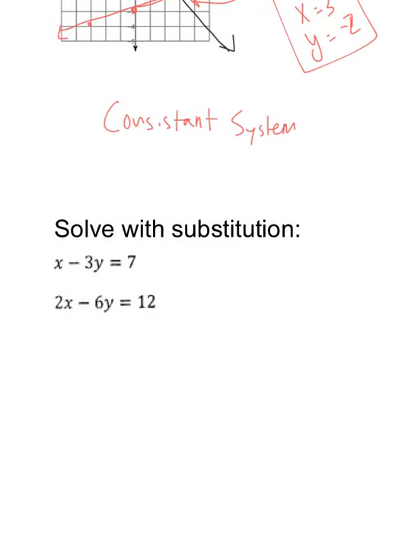All right, substitution is really just, another way to say this is plug in. We're going to solve one equation for one variable, and substitute that into the other equation. With this first one, we can get x by itself by adding that 3y to both sides. So x is actually equal to 3y plus 7. Now we're going to substitute or plug that into our x variable in this second equation. You always go to the other equation, which gives us the equation 2 times 3y plus 7